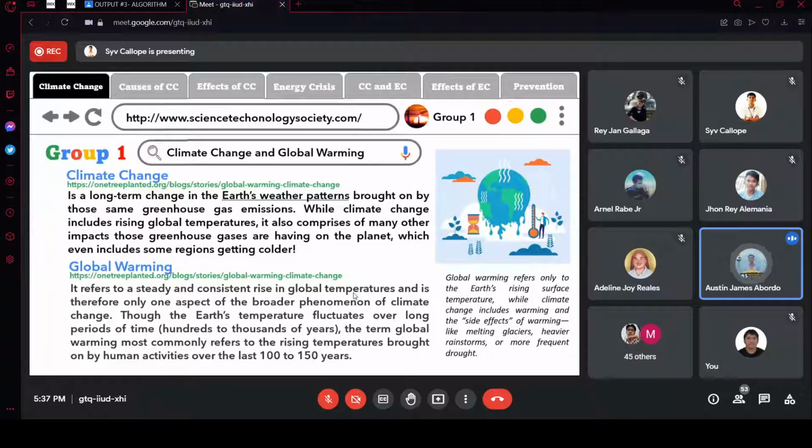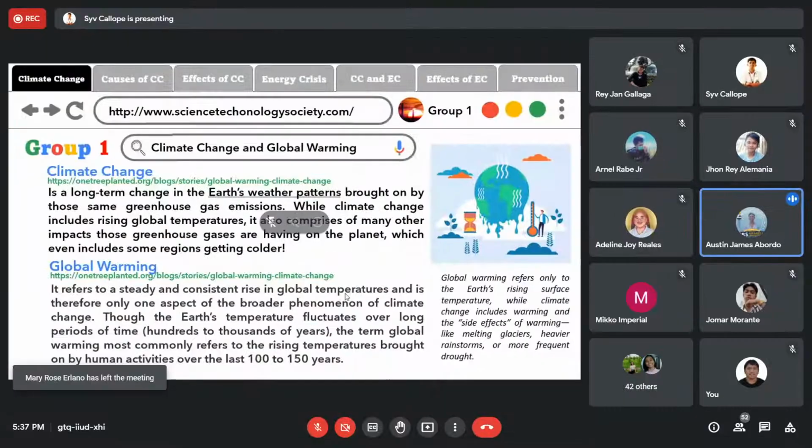namely the carbon dioxide, or the CO2, which contributes negatively to the ongoing battle with climate change. It also comprises many other impacts those greenhouse gases are having on the planet, which even includes some regions getting colder. So because of the greenhouse gas emissions, some areas are experiencing extreme heat, while other regions are experiencing